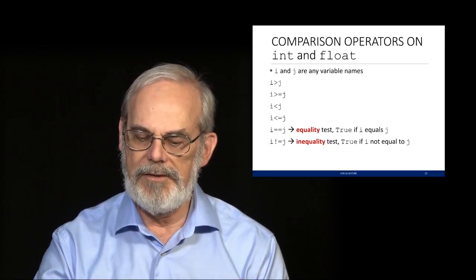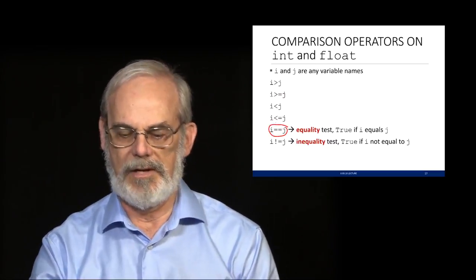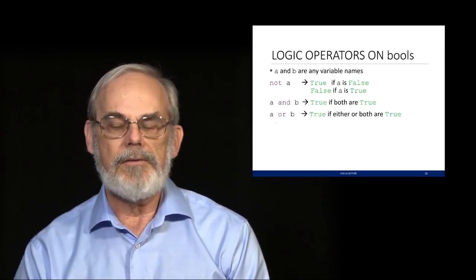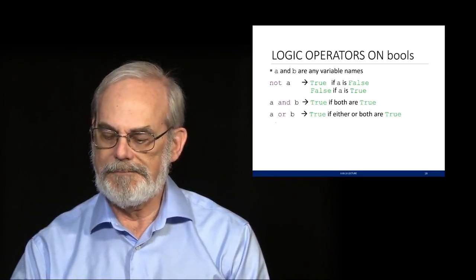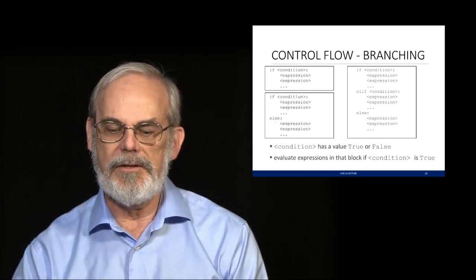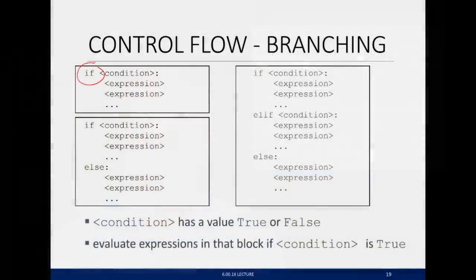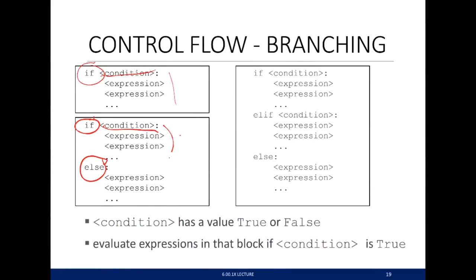I will simply remind you again, the double equal checks equality, the single equal sign does not. And we had logical operations to put things together. With that in mind, we could start then building the simplest of the branching code, which were either if statements, which say if this condition is true, execute a set of code, an if else, which said if this condition is true, do this, otherwise do that,